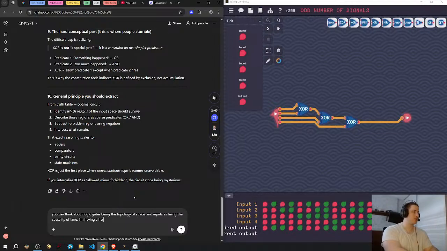I'm having a hard time trying to clarify or understand how the variance of inputs changes the perceived outputs from logic gates connected to each other. So for example,